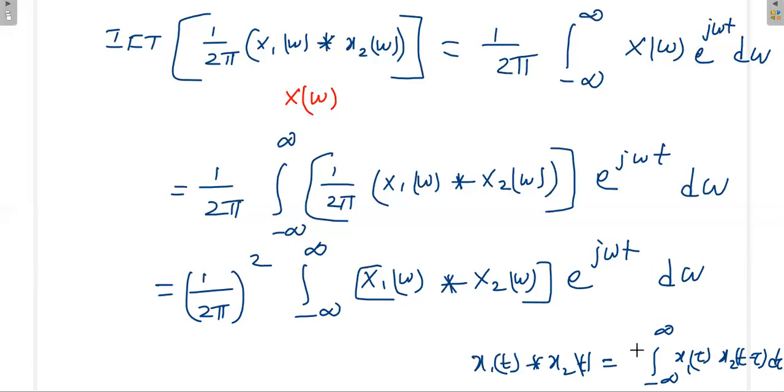And also we may use some new variable because we are in the frequency domain. That means instead of tau, let us use lambda. And also you are in the frequency domain. If you are in the time domain, you will be getting t minus tau. As you are in the frequency domain, you will be getting omega minus lambda. So tau will be replaced by lambda, and as it is omega, you will be getting omega minus lambda. So the same convolution formula I am applying in the frequency domain.